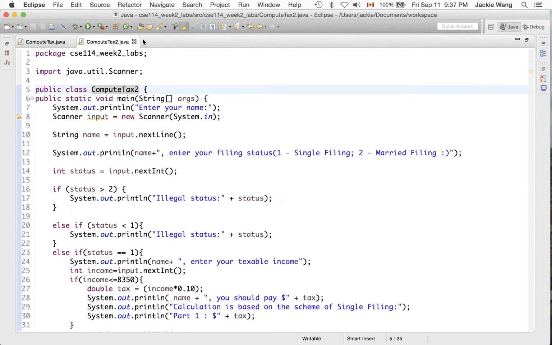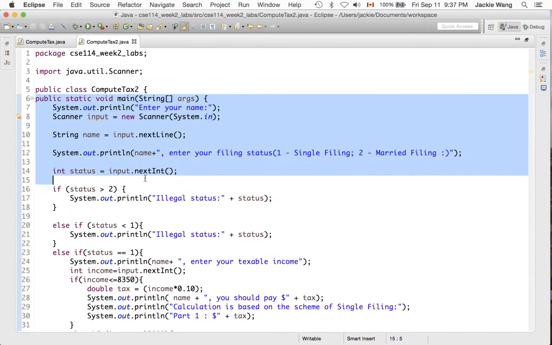Okay, first of all, I would like to improve the indentation of this class a little bit. So you can see that here we start the declaration of the class ComputeTax2, and now this main method here should belong to the class, so they should not be indented at the same level. So that means here you see there's no difference between the two indentations, but there should be. So now I would like to shift